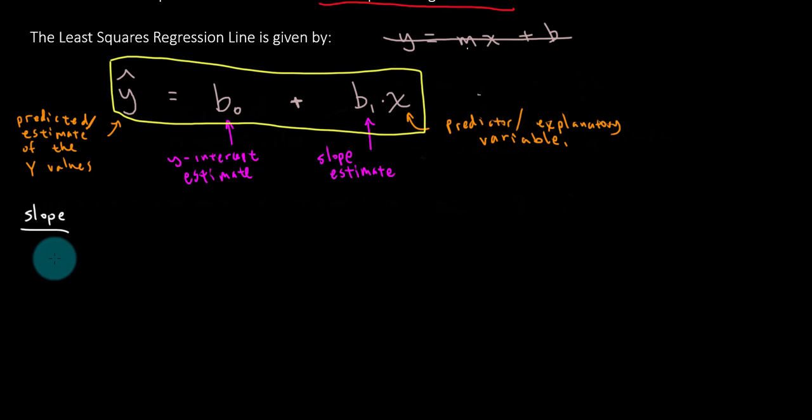Let's start with estimating slope. I like to take an intuitive approach to this. There's really a lot of math that goes into these formulas, but if we have a scatter plot with, let's just say, a positive correlation, doesn't really matter, and linearly correlated,